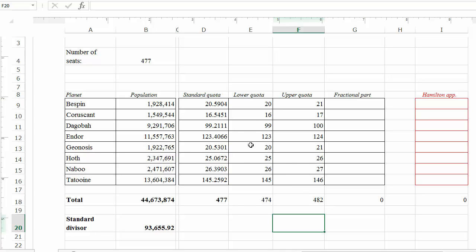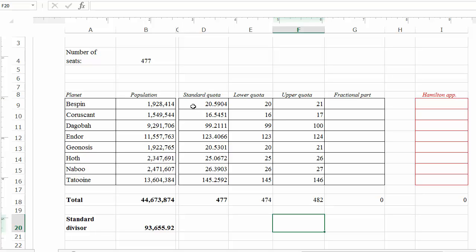So now notice that if you look at the standard quotas, what this is trying to determine is how many seats each planet should receive. The problem is that each planet is receiving possibly a fractional number of seats, right? So for example, Bespin is getting